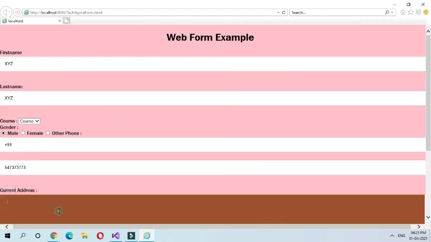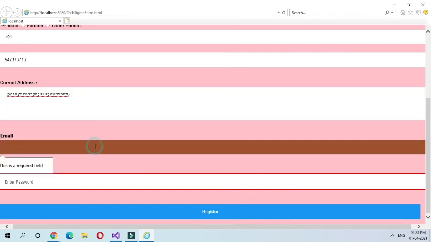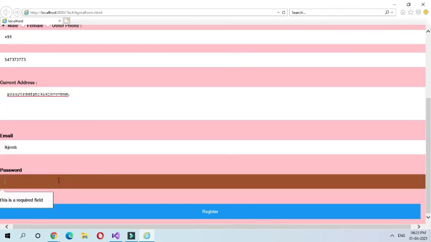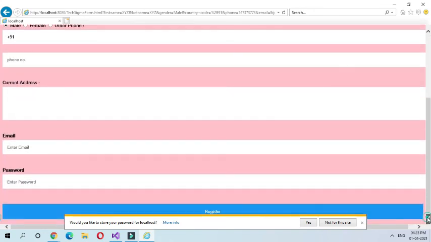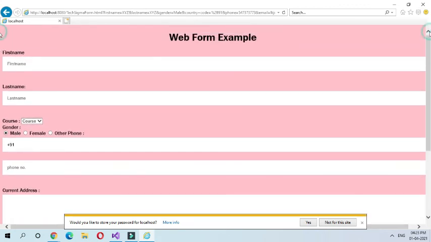Now current address, randomly. Now email, I'm giving it just password. Now I'm hitting register. Would you like to store your password for localhost? This we will discuss in our next video.